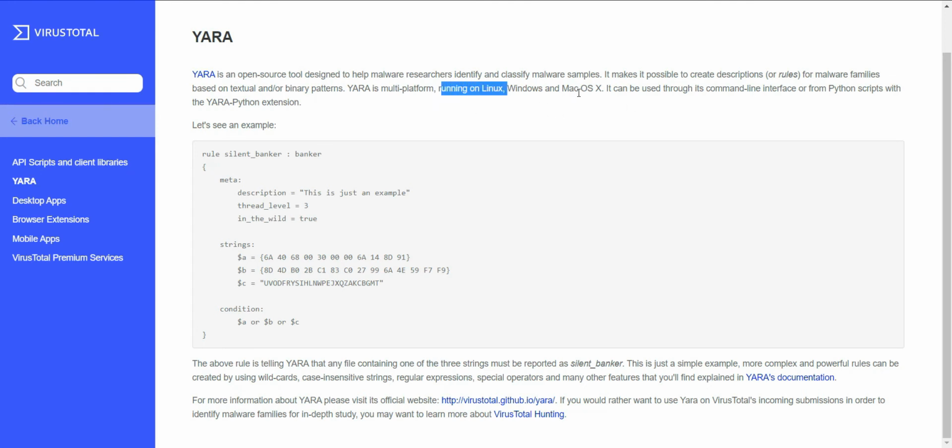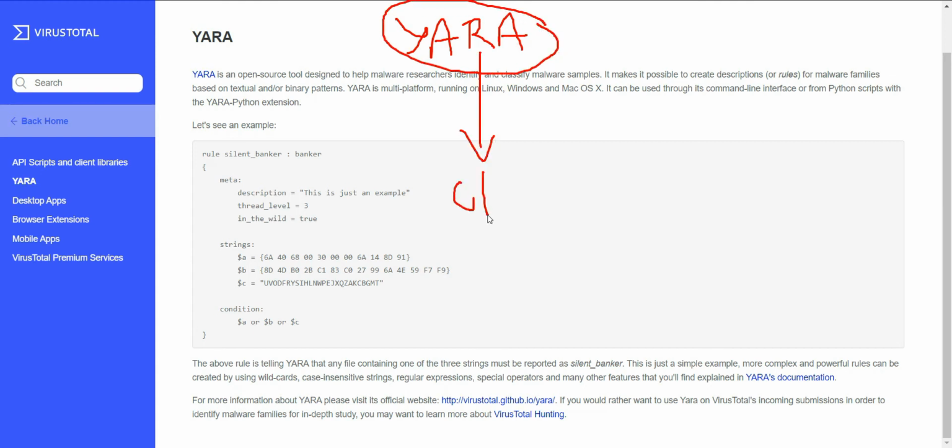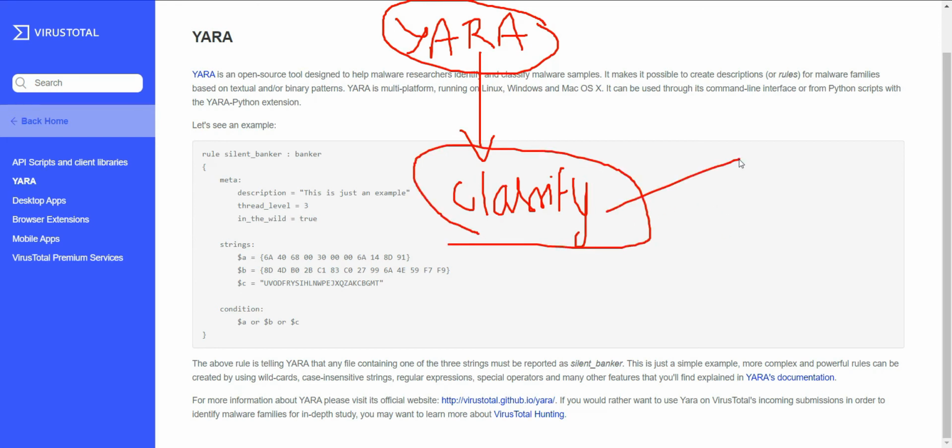Yara is multi-platform, running on Linux, Windows, and Mac OS X. It can be used through its command line interface or from Python scripts with the Yara Python extension. So what this means is that Yara files are used for making rules to classify malware, and we can use them with the command line interface or Python scripts.